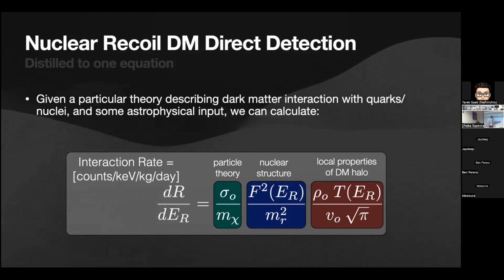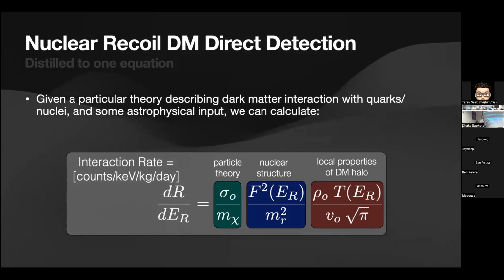And then this term here is a function that actually describes your target material, your target atom, because the assumption is at those speeds, at those interactions, because they're elastic scatters, low energy, the particle is interacting coherently with the whole atom. And so this is just a function that encodes that. And as you go to higher and higher energies, you start to lose coherence and this drops off.